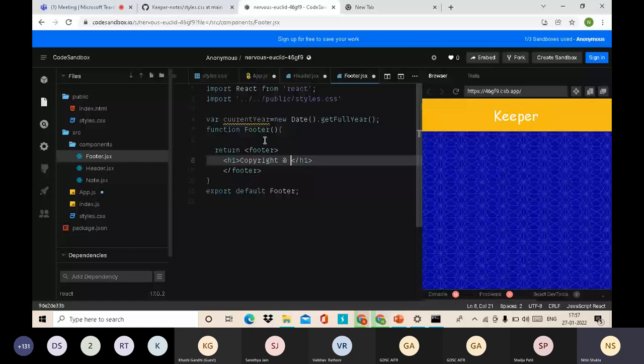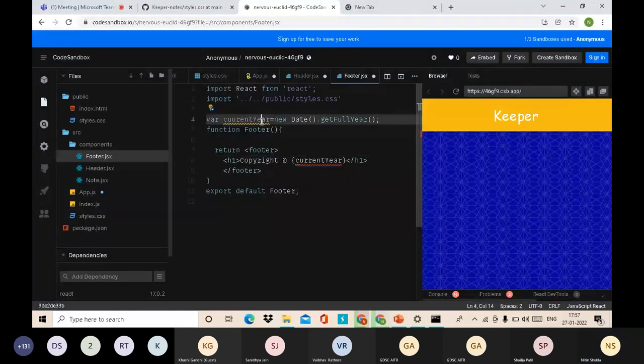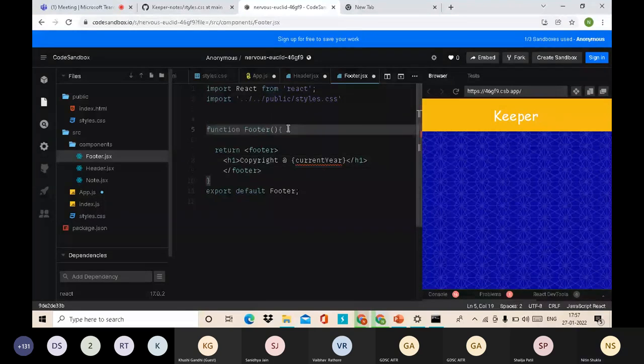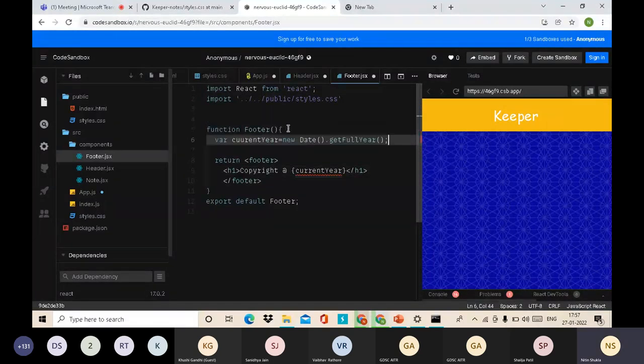Okay, there's some issue. Okay, there's some typos, some spelling mistake in this. Okay. ओके या ये हमारा फुटर कंपोनेंट रेडी हो गया है, ठीक है।